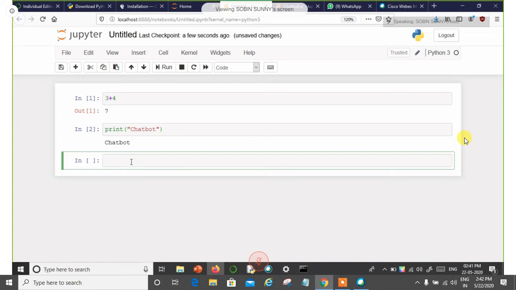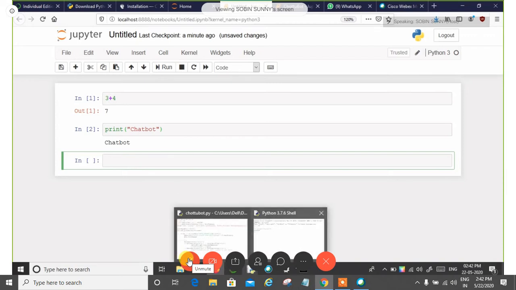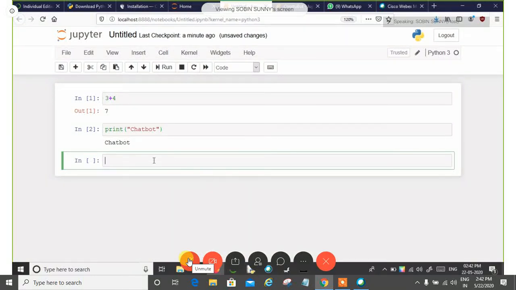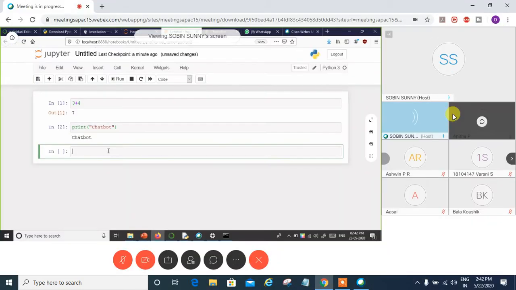Before that, if you are using Jupyter notebook for the installation, whatever you installed using the command prompt was all for using IDLE. If you have installed in this command prompt, you can go for using IDLE. Else, follow what I am saying now and you can use Jupyter notebook too. Whichever platform it is, okay. You will not be using both the platforms together. Any one is sufficient enough. Either Jupyter or Python IDLE, you can use any of the platforms.